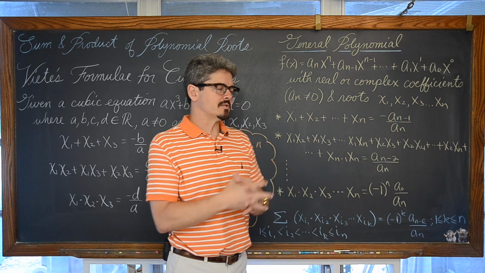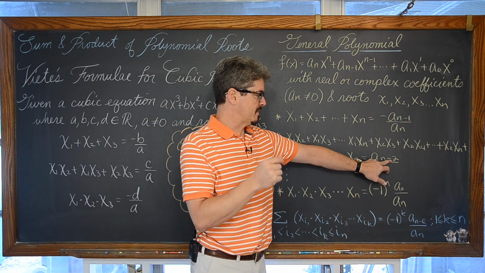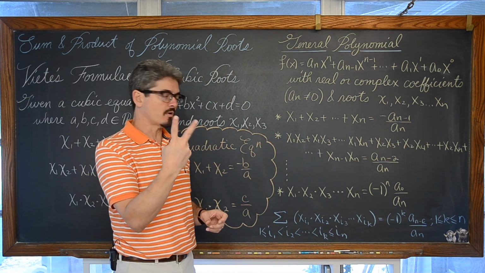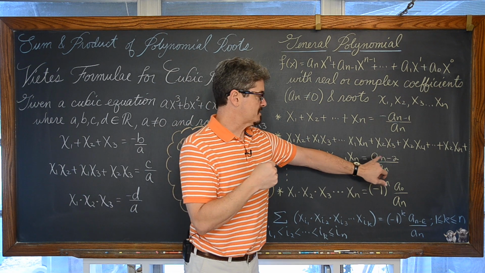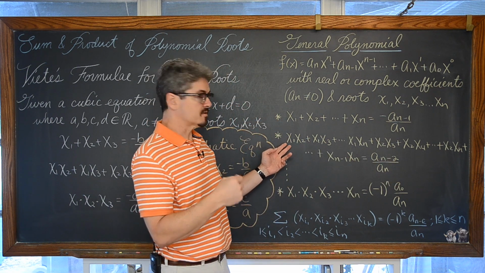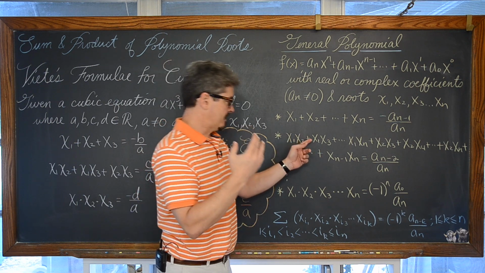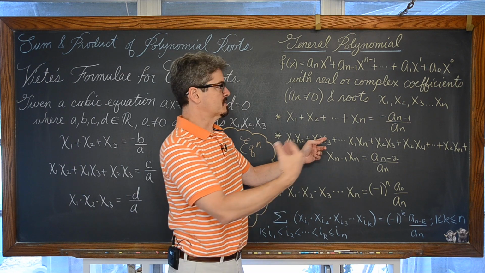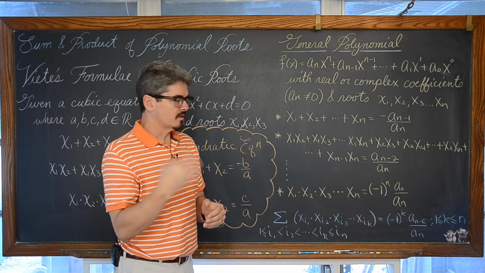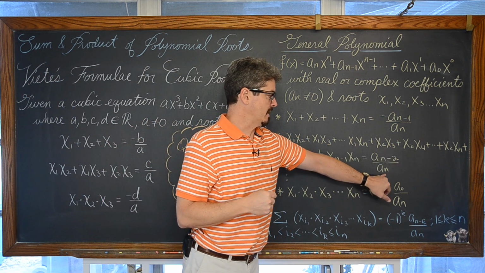And this doesn't necessarily seem like a general form, and the reason why is because I'm giving you a specific list of a product of 2 of our roots. And so that's why we have this a sub n minus 2. If we had a product of 3 of our roots, so if it was x sub 1 times x sub 2 times x sub 3, and then maybe x sub 1 times x sub 2 times x sub 4, and you kind of exhaust all those combinations of a product of 3 roots, then that's going to be a sub n minus 3 over a sub n.